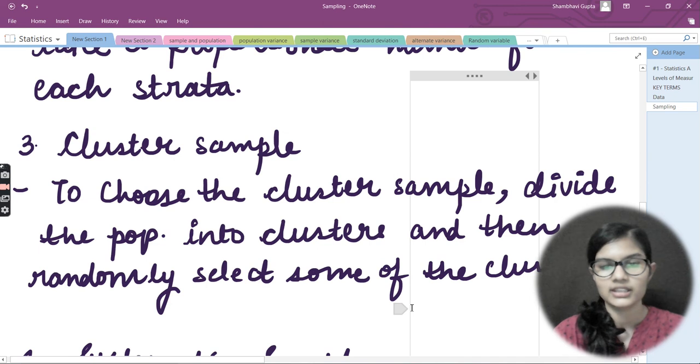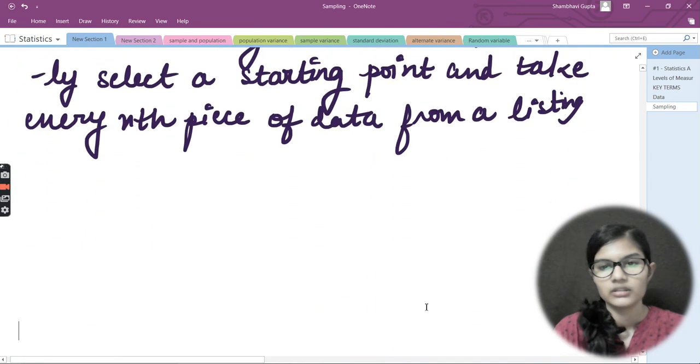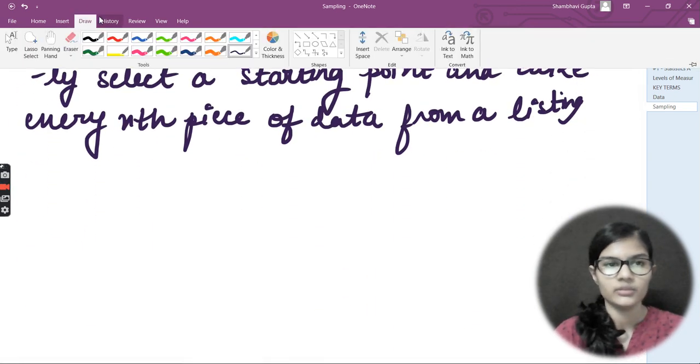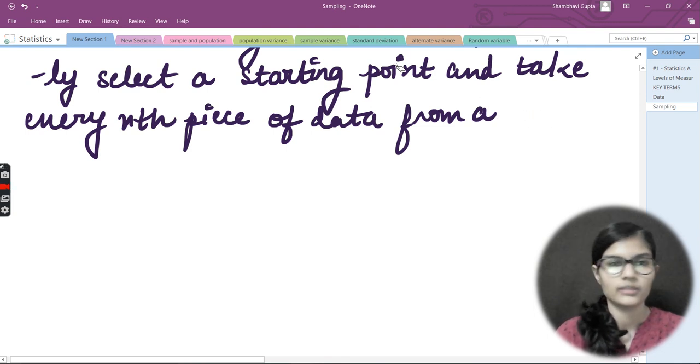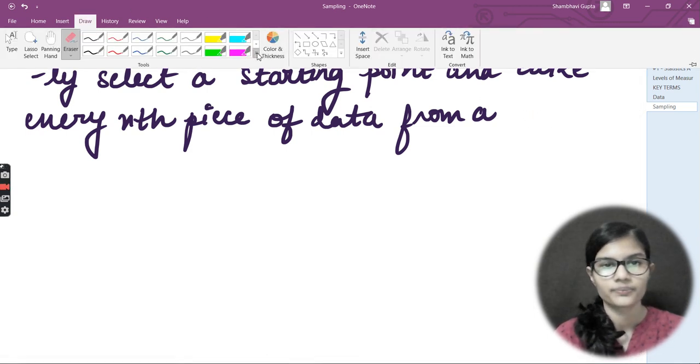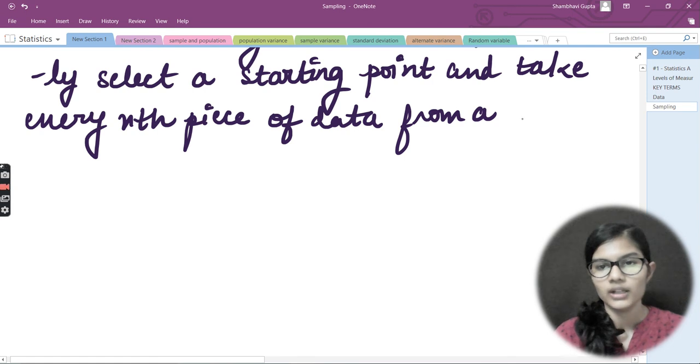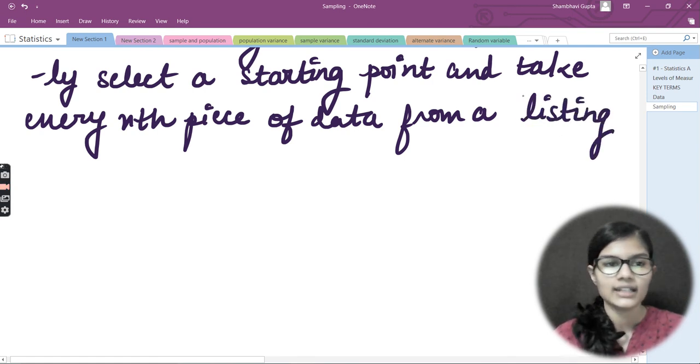Let me remove this listing because it's not the correct thing, and write it once again: take every nth piece of data from our listing of the population.